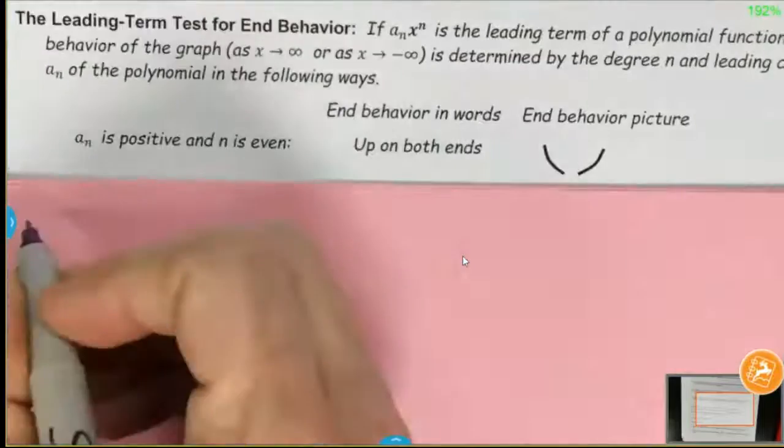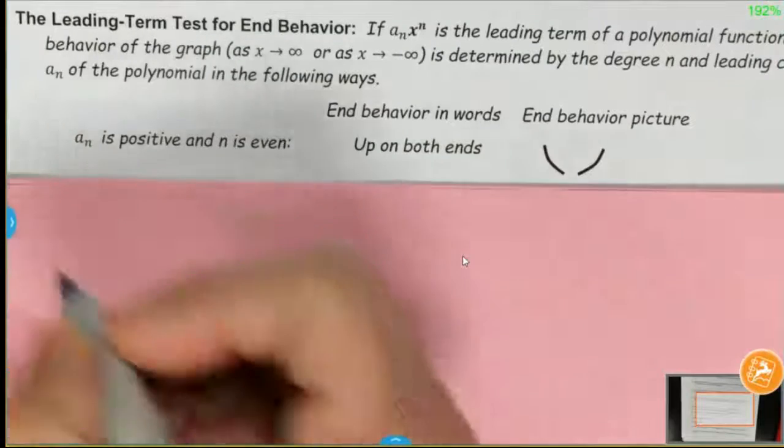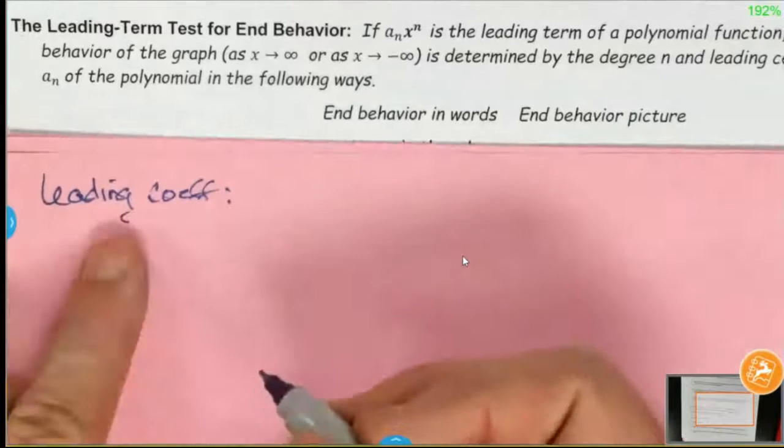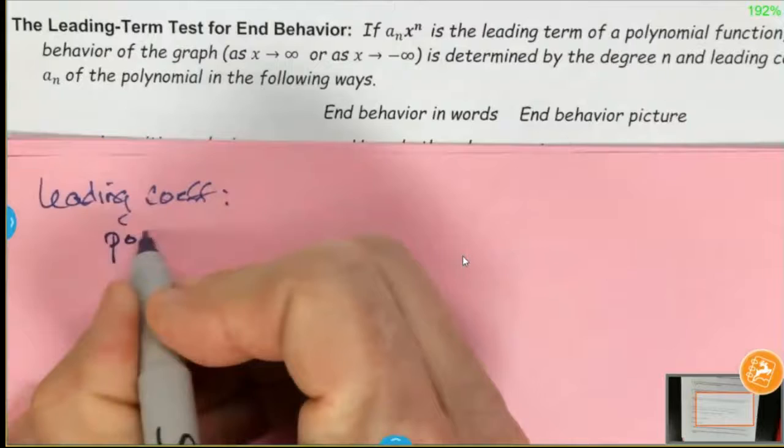When we talk about the leading term test, we already talked about how to find the leading coefficient and the degree. The reason that we want to know what those are is that they make a difference in what the graph is going to look like. The first thing we can look at is the leading coefficient. And really the only thing that matters with this is whether it's positive or negative. If the leading coefficient is a positive number,